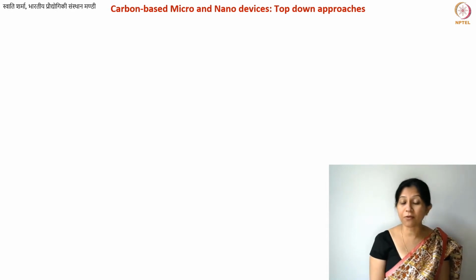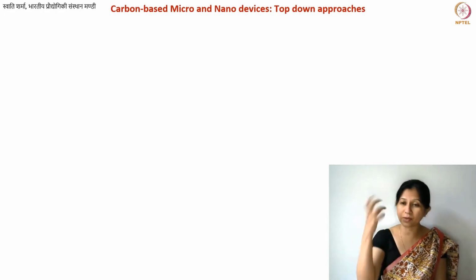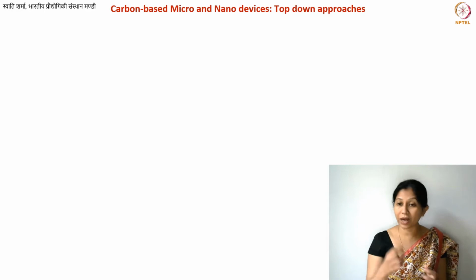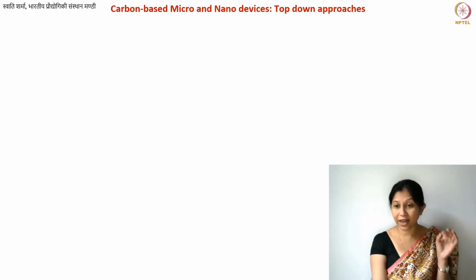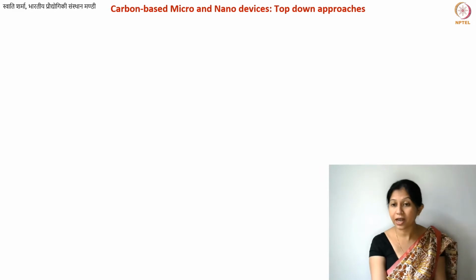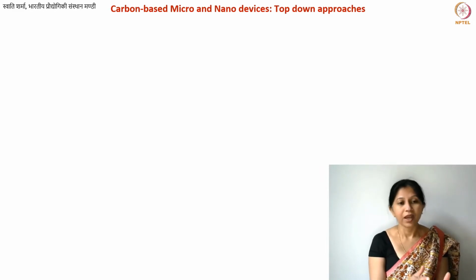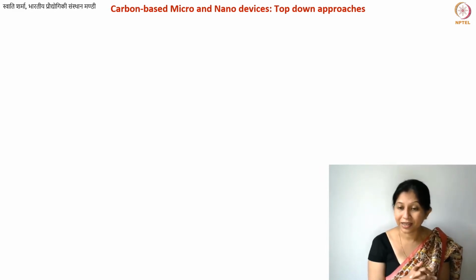If you remember from our micro nano fabrication class, we discussed the scale at which we are talking, right? So 1 micrometer equals 10 power minus 6 meter, and 1 nanometer equals 10 power minus 9 meter. Now for a device to be called a micro device, the functional element should be smaller than 100 micrometer. And in the case of a nanoscale device, the functional element should be smaller than 100 nanometer. So you can imagine that there are difficulties in making these devices, right?